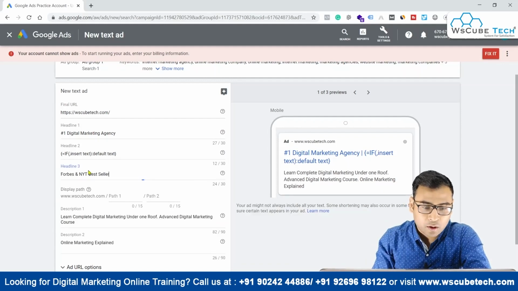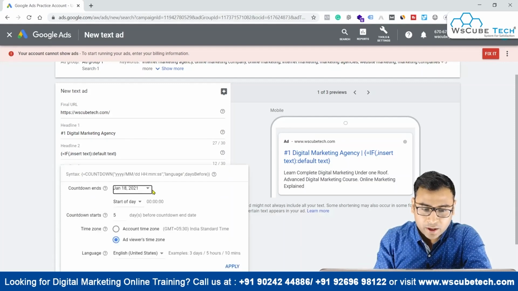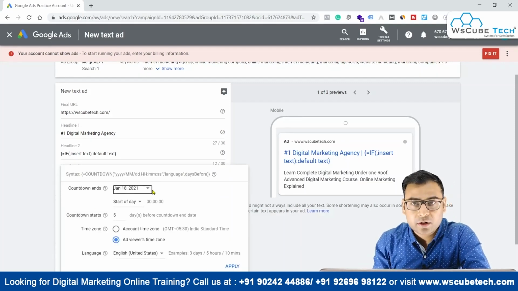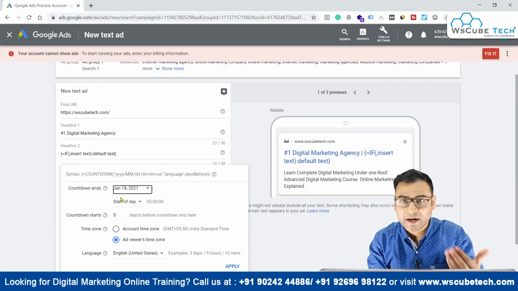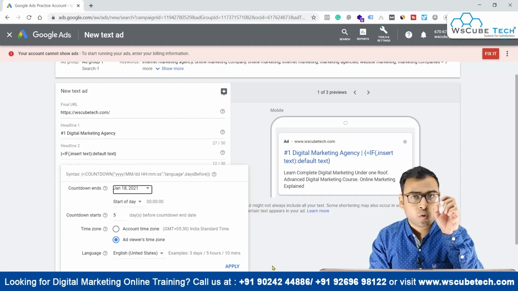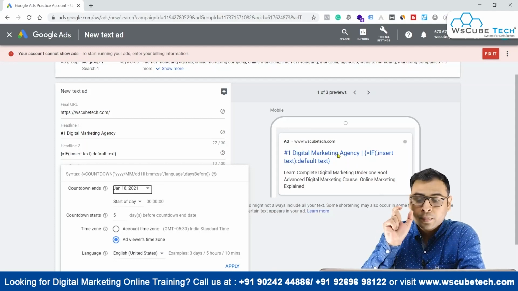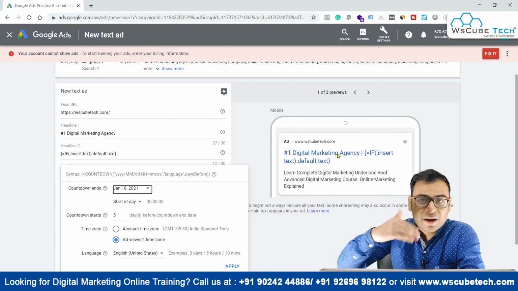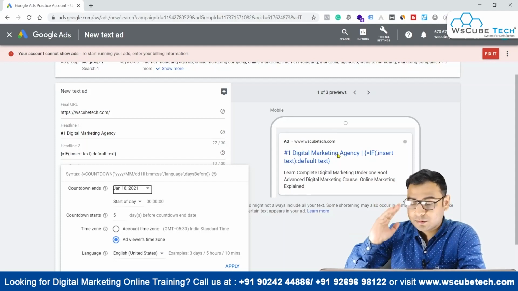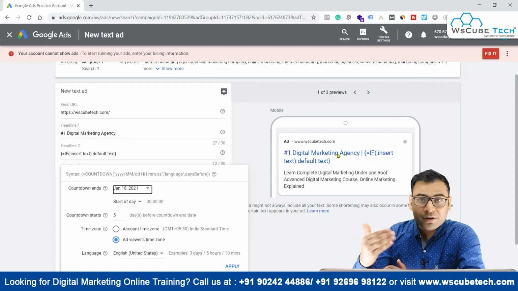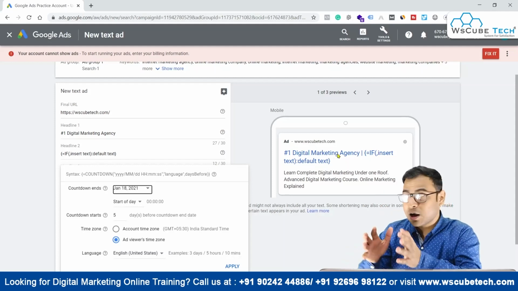And if we go to this countdown function, it is a very interesting feature. Suppose you are promoting an event and the last date of purchasing the ticket is, for example, 25th January. So you have only 7 days left. Now you want people to see in this headline that 7 days are left. But when someone comes on Google search and sees your result on 20th or 21st, they will see the same headline, 7 days left, which is not real, because now only 4 days are left.